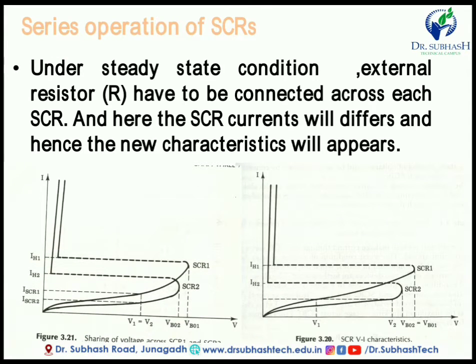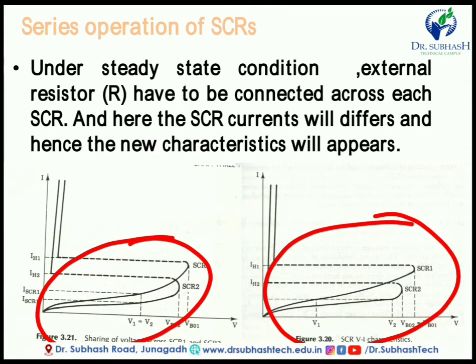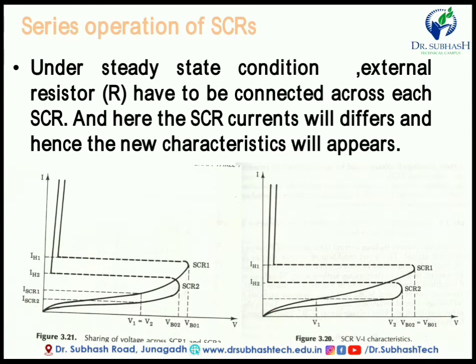Now this is the characteristic of these two SCRs. If we connect two SCRs in series, even if both are identical, the same rating is not possible. Even if the manufacturer and company are the same, the rating or characteristic can be different, because the external temperature also matters. Under the steady state condition, an external resistor R has to be connected across the SCR, and here the SCR currents will be different, so hence